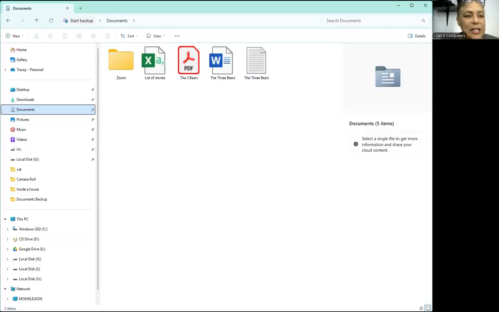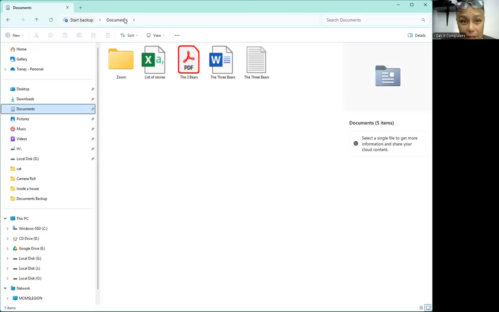All right, so this window is open in a folder called Documents. And I can tell because in the address bar, Documents is highlighted. And I can tell over here in the navigation pane, Documents is highlighted. It has that blue haze behind it. Check out some of the videos that I have on File Explorer and how to work with that and what